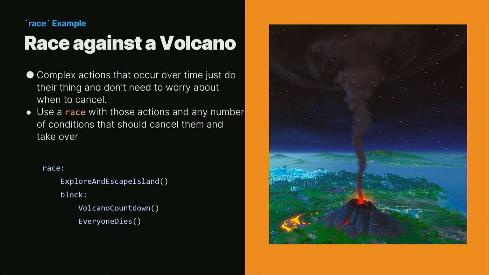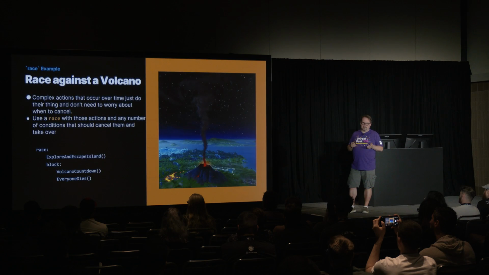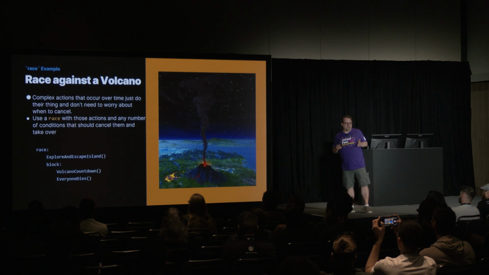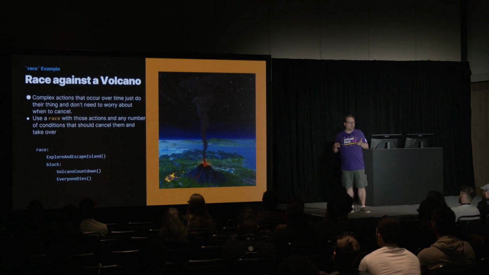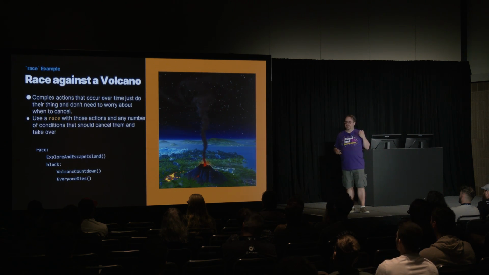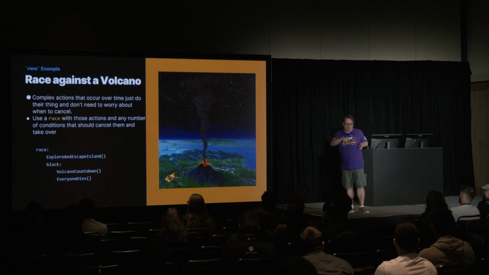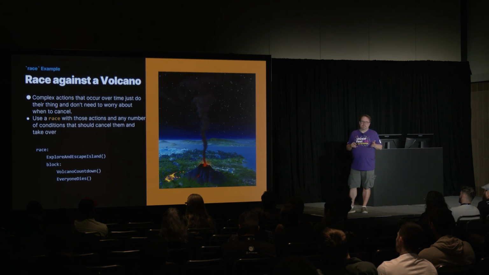One example I often use is, say you were doing all sorts of crazy complex things that were taking time. Normally in game development, you'd have to put in all sorts of hooks to know when something else is happening that should make you stop your complex thing, right? I use the example of a volcano because it's going to explode. Traditionally you'd have to ask, is the volcano exploding? No? Okay, do some stuff. Is it exploding? No, do some stuff. But with Verse, you don't have to do that.